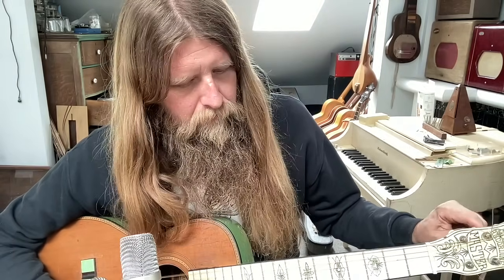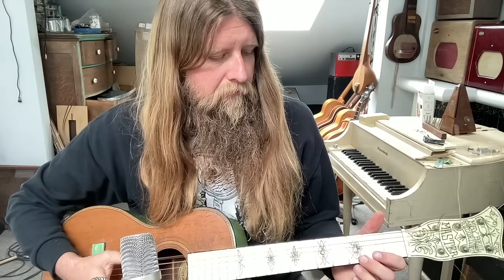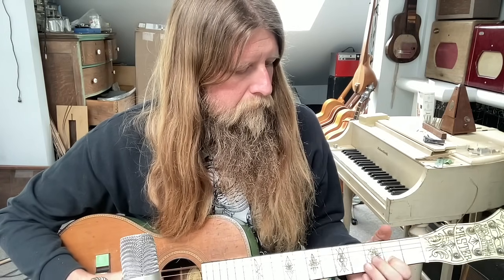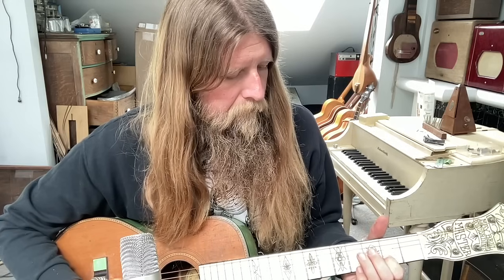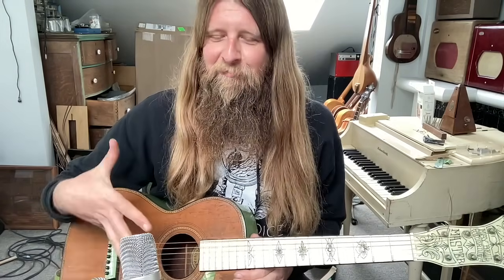All right, let's put it in an open tuning. Okay, now we're probably in DADF#AD with F sharp. Strings definitely prefer to work together. I mean, that seems intuitive, but sometimes a guitar doesn't mind a standard tuning, but